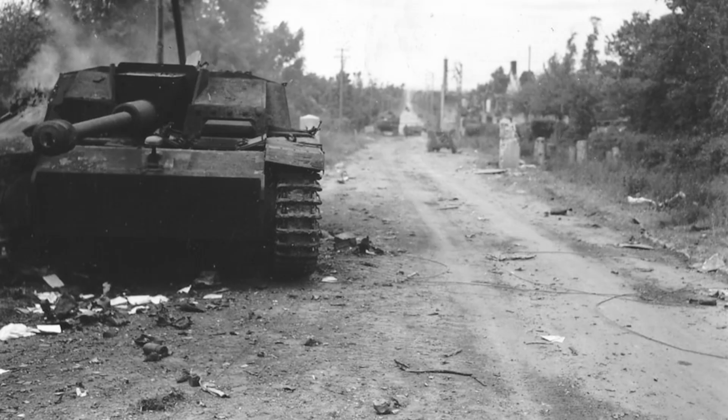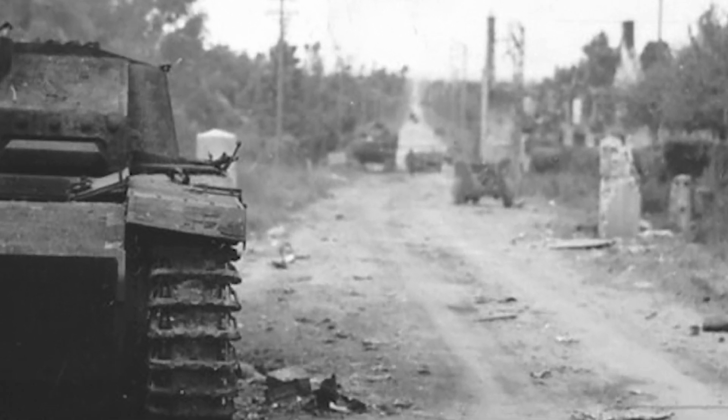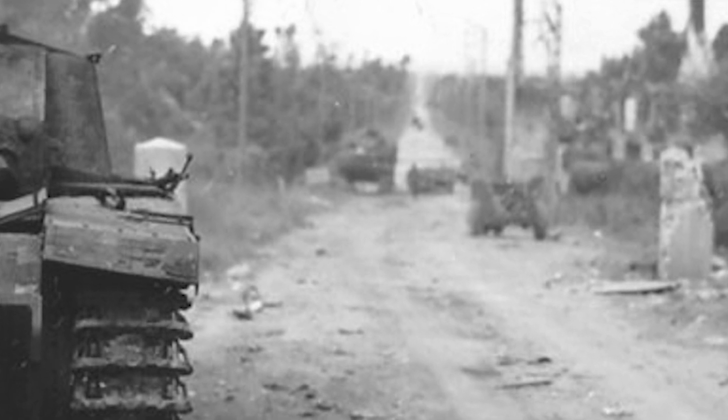And there's also another interesting bit which you can see in the photo of the other wreck, the one actually knocked out, because in the distance there is a vehicle, a Sherman, which has lost one of its tracks. And that vehicle did not belong to the 746th Tank Battalion, but to C Company of the 70th Tank Battalion. And this is still a bit peculiar because it's very difficult to understand when these particular units arrived, when